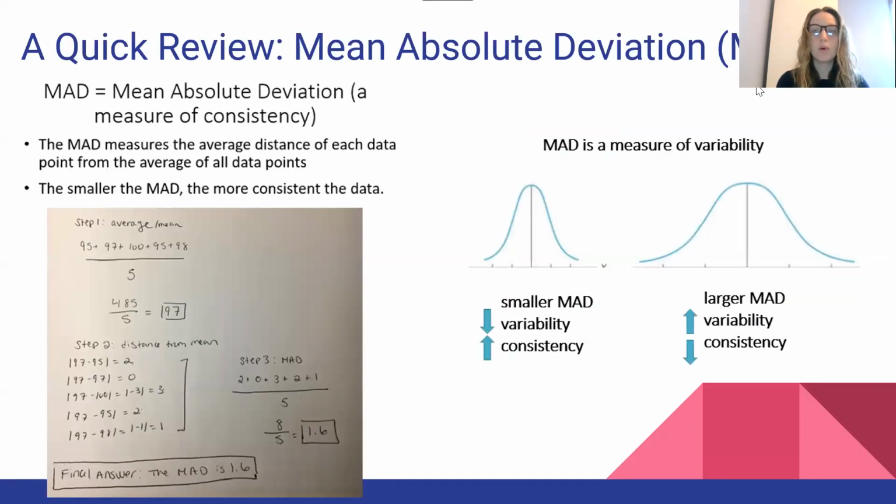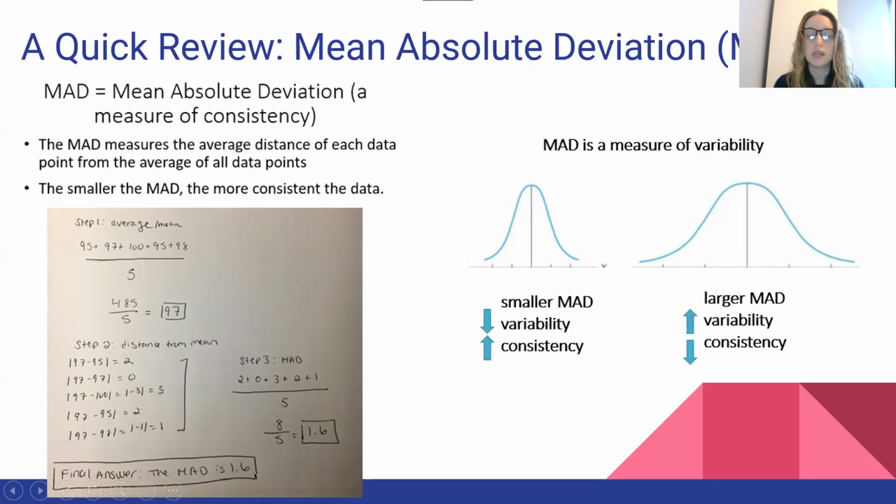Okay. Before we move forward, we want to make sure that we review what we discussed yesterday. So yesterday we were talking about mean absolute deviation, or MAD, and remember that MAD is a measure of the average distance of each data point from the average of all data points. We also talked about why it's important and how it can help us analyze data, and so remember that the smaller the MAD, when the data is closer together, there is less variability and an increase in consistency. And then the larger the MAD, when the data is more spread out, there's an increase in variability and a